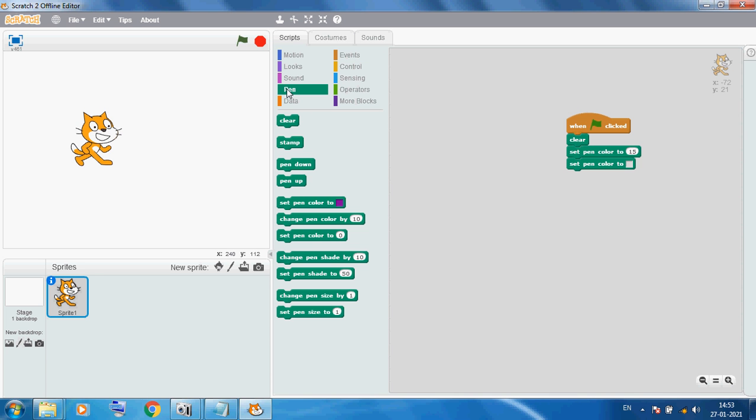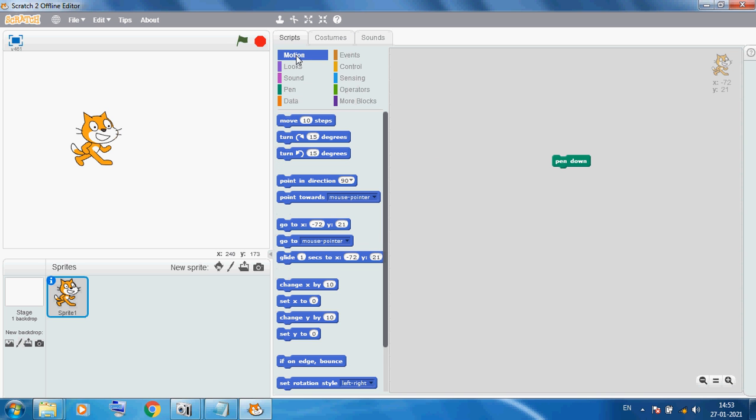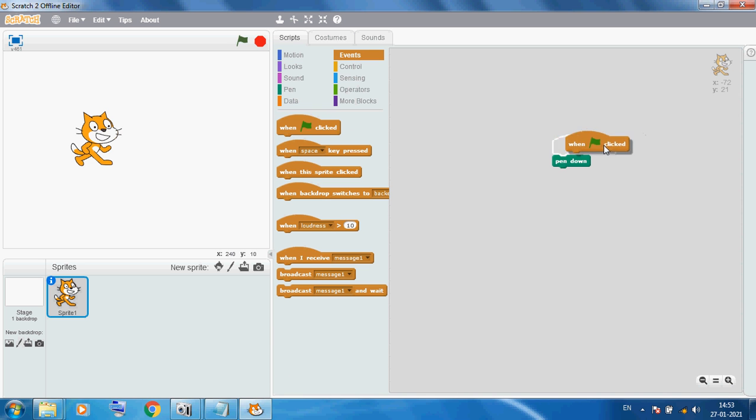First we simply use our pen down and our event when clicked. When you click, it will give the pen down effect.